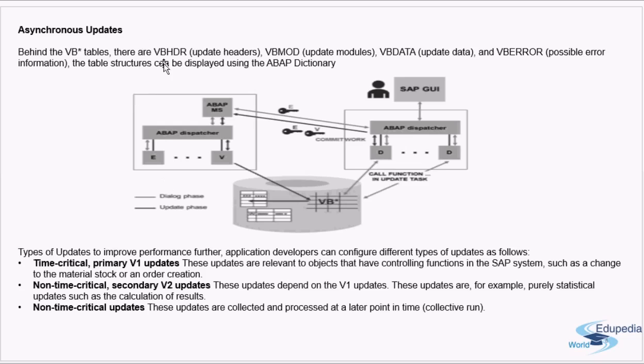All those update tables start with VBHDR, update header, VBMOD, update modules, VBDATA, update data, and VBERROR, the error information. The table structures can be displayed using the ABAP dictionary. So we have different types of update tables. All these update tables maintain the information about the updates which have to be processed in the system. All the updates which have to be processed will be piled up, and one by one